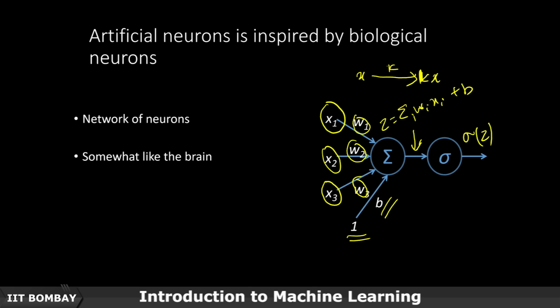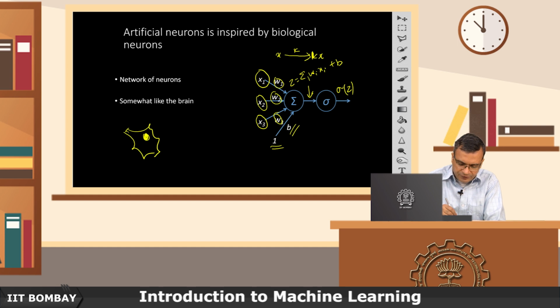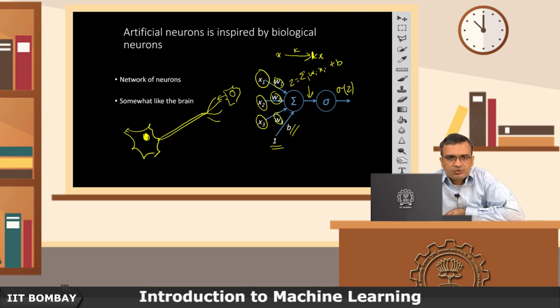Okay, so that's the simple structure of an artificial neuron, and it is a simplification of what a biological neuron does. In a biological neuron you have the cell nucleus, the cell body, and the axon, and these are the connections to the other neurons in the vicinity, which give off some neurotransmitters as signals. Depending on the strength of the connection, this particular connection may be for another neuron,